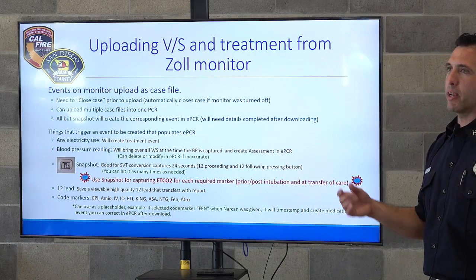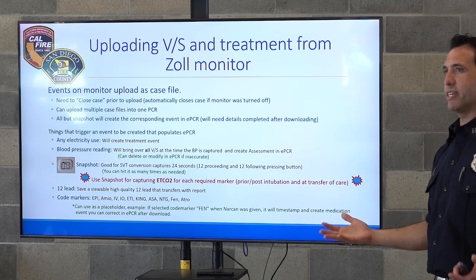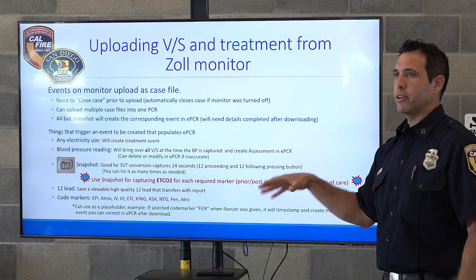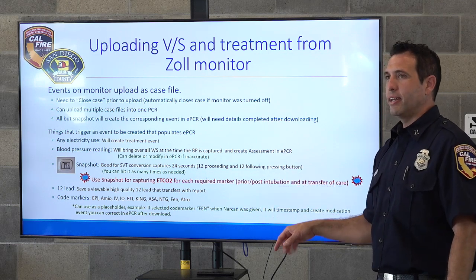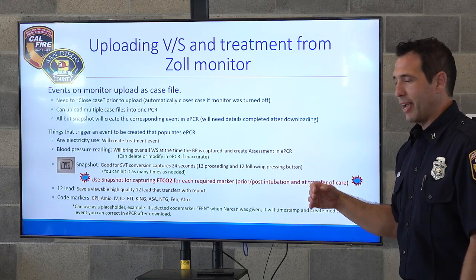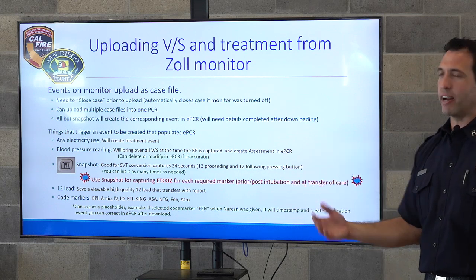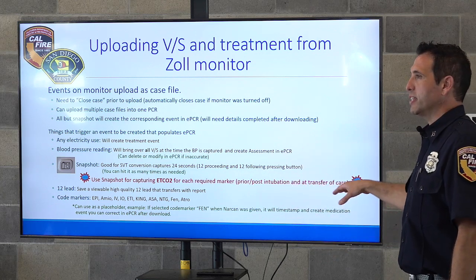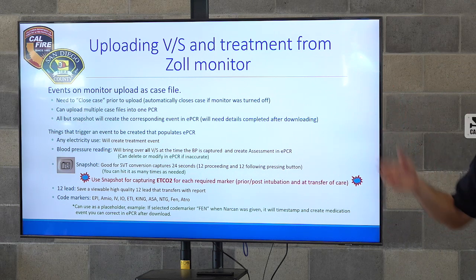And the reason is because the last value that it would always bring into the program was a 0, because at the end of a code, you're done, right? No one's doing anything, and you haven't turned the monitor off yet, but the last value you're gonna see is a 0 for capnography. And so if we had it coming in automatically, at the end of every cardiac arrest, you're gonna get a 0. So this is something that we chose not to bring in automatically. And I'm going to encourage the same settings with your administrators, but you guys can play with them, turn some on, turn some off,